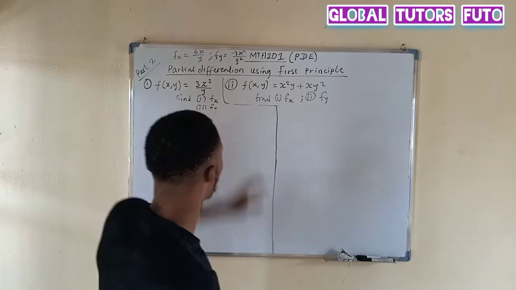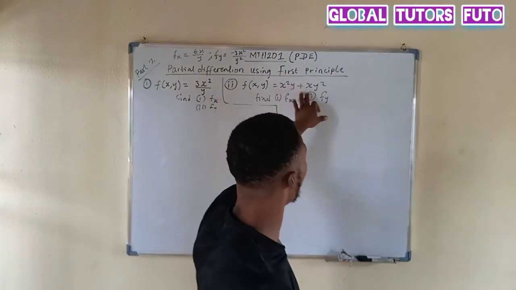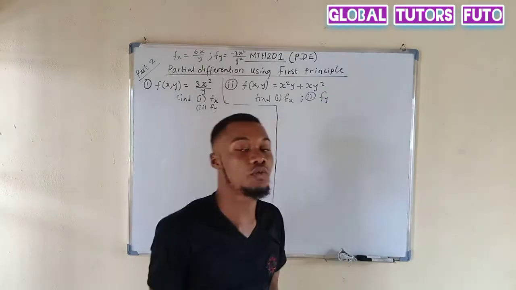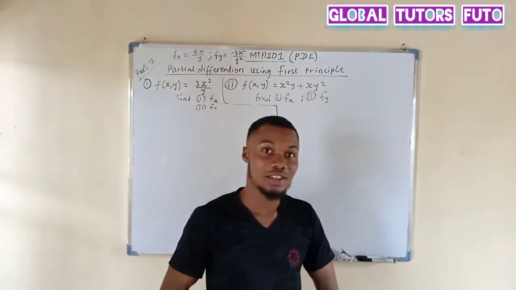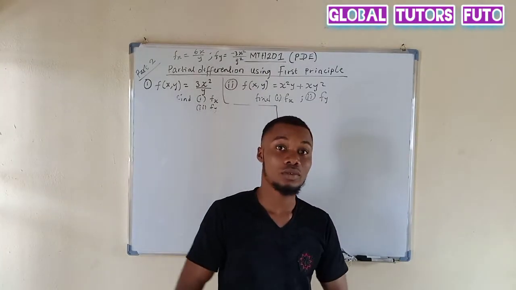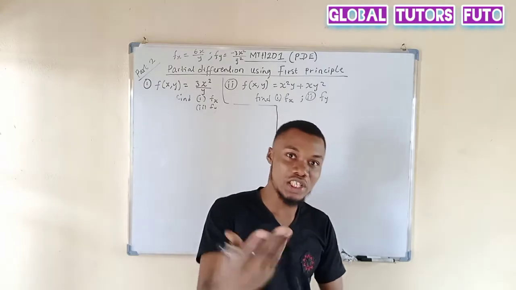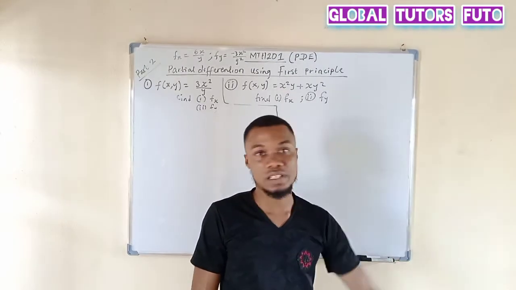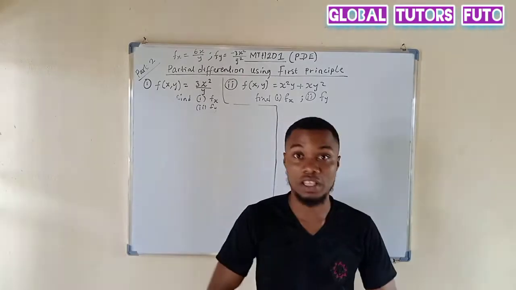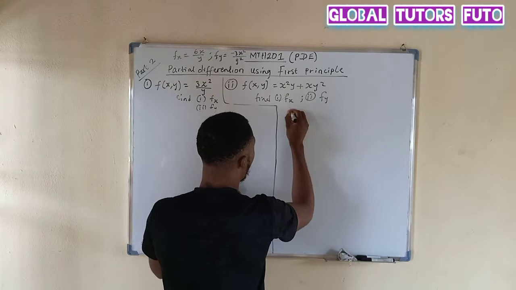So now let's go to question number 2. We are given f of x comma y equal to x squared y plus xy squared. Then we're asked to find f of x and f of y using first principle. You can do this on your own, there is no need of me doing it, but let's do it in collaboration. Now before we use first principle, let us use the general method and solve it and see what we're going to obtain. So here, our f of x comma y